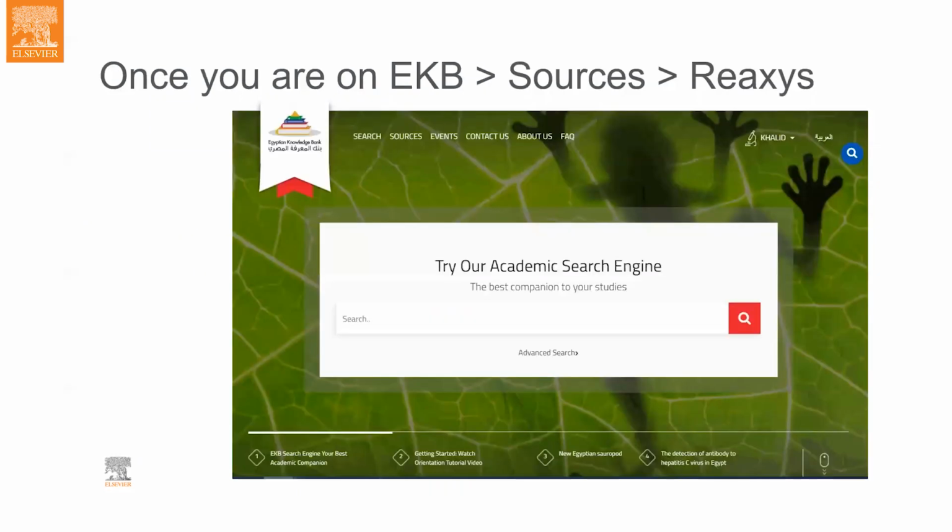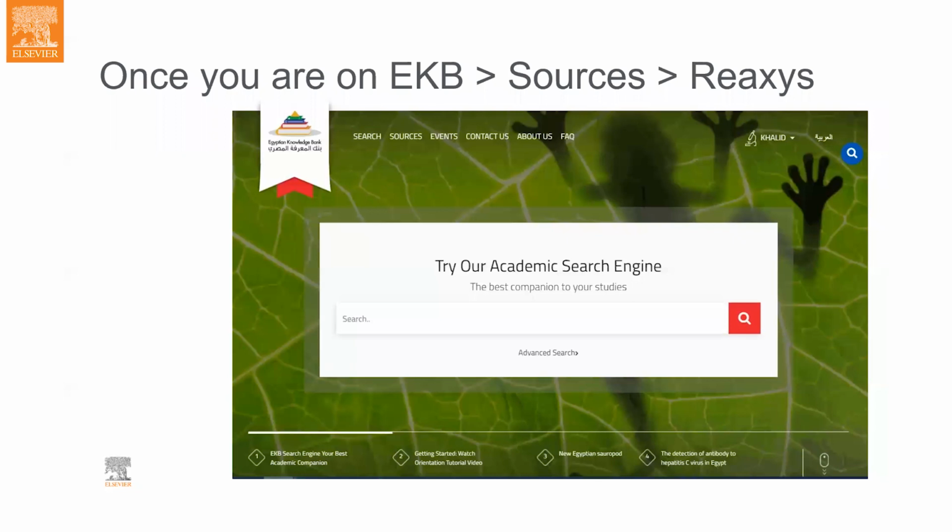So once you are on EKB, this is how it would look. You can see that EKB has developed an academic search engine that takes the query or the syntax you've put in for the search, and it runs it against all the data or the majority of the databases available on EKB. It's a very powerful tool, and I would strongly recommend it if you're looking for something very specific. But in order to use the full capacities of very specialized searching and indexing tools, you will need to use the tools themselves that EKB provides as well.